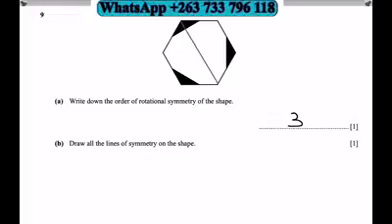Then we can also draw the lines of symmetry according to the requirements of part B. Draw all lines of symmetry on the shape. So a line of symmetry, each side must be a reflection of the other. So therefore here you can see that I can divide the shape here, and this can be a reflection of this side. So this is the first, and I can draw the second here, I can draw the third. So there are 3 lines of symmetry as shown in the diagram. The next, number 10,